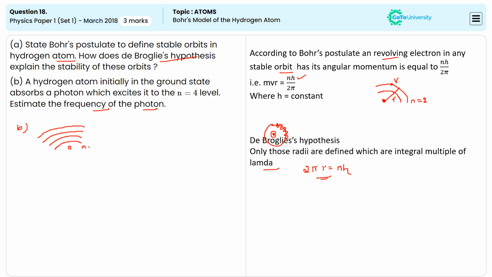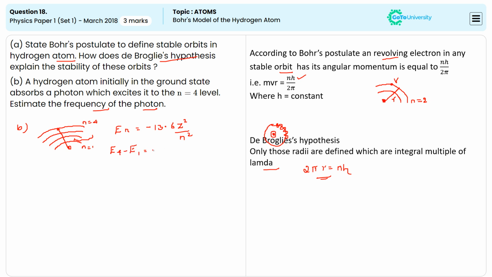Here n is equal to 1 and here n is equal to 4. Due to the energy absorbed, the electron is excited from n equal to 1 to n equal to 4th level. Then the energy En is equal to minus 13.6 Z square divided by n square. Here, from the first to the 4th level, we can write E4 minus E1